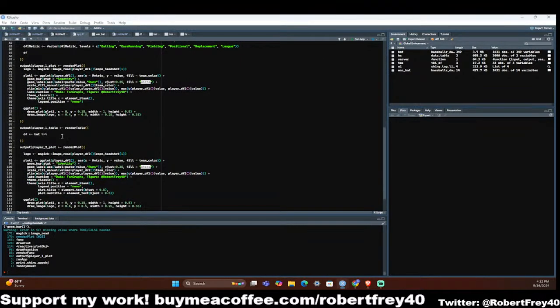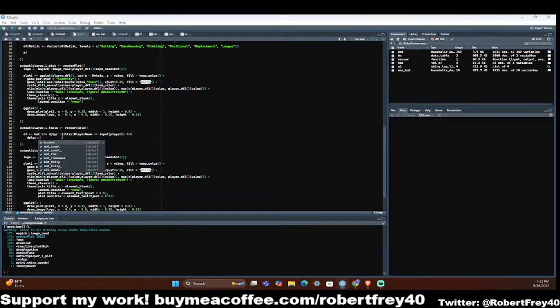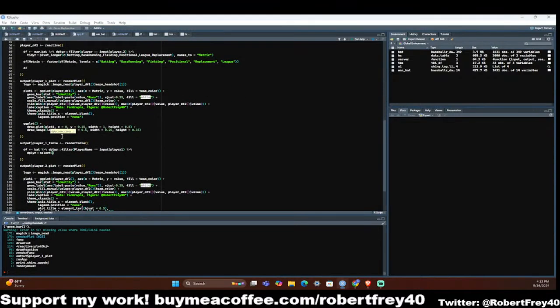And we'll say dplyr filter player name, since we didn't change it in the new column, equals input$player 1, and then we can just do dplyr select the player equals player name, and WAR,